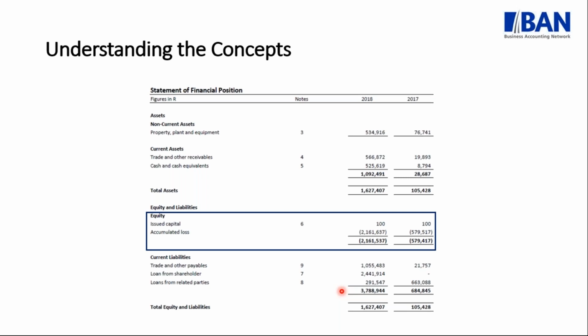This is when your liabilities exceed your assets, meaning that the owner's equity or the value has been eroded. Now, if you just look at this extract, you can see that this company is really facing some difficulties because from the prior year, the accumulated loss has actually increased, which means they are making current losses. And you can see that they've actually had to take out a shareholder loan, which wasn't there in the prior year, to assist them in their trading.